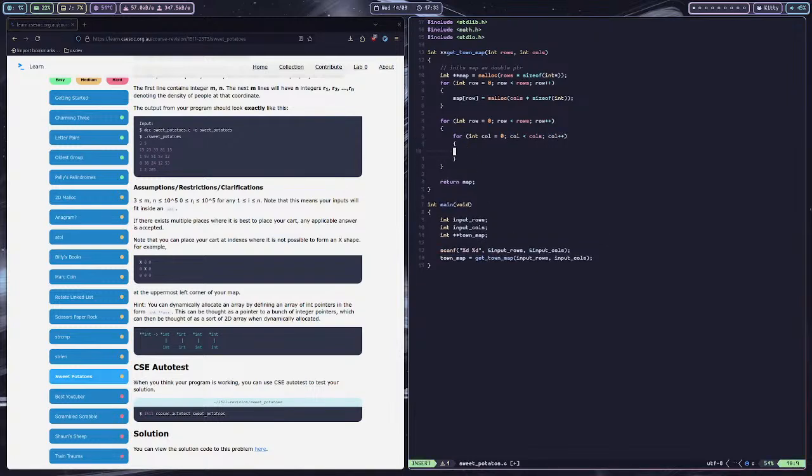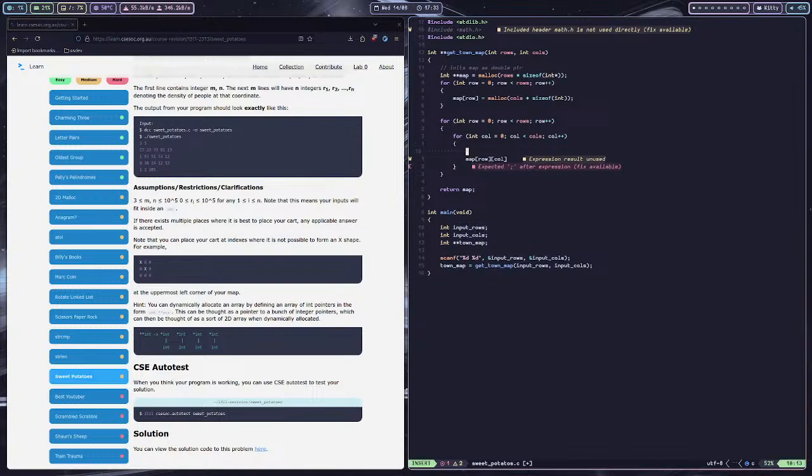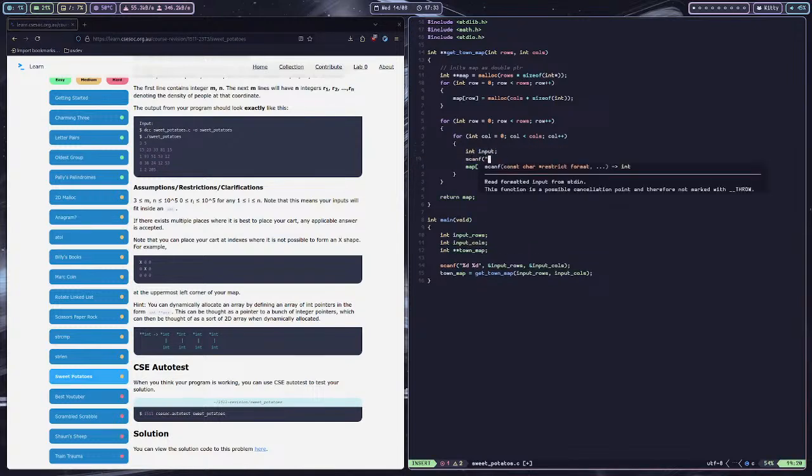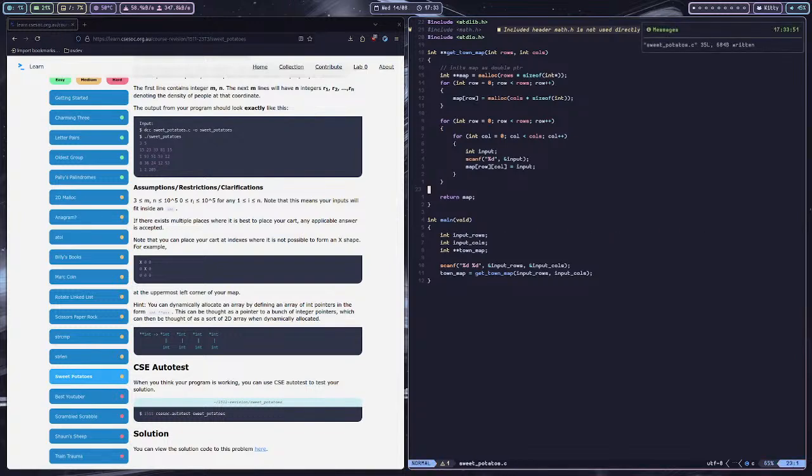Bad naming scheme, but whatever. Map row call, int input, scanf %d, input was input, and then